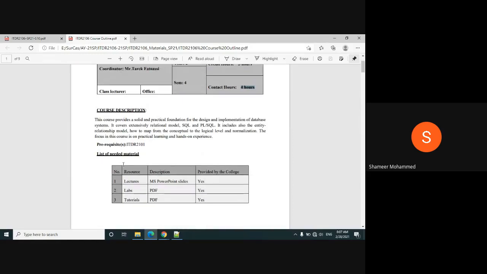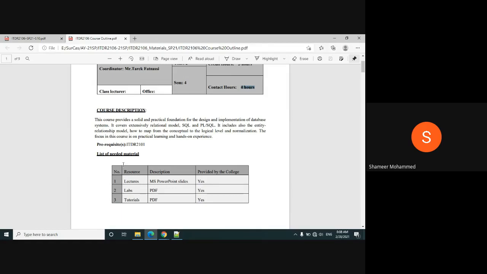So what is the description of this course, Introduction to Database? If you learn this course, you will get the complete knowledge of how to design a database and how to implement the database system. These are the main objectives that you will achieve. In future, if you go to any job and they ask you to design and implement the database, you can use the skills you learn in this subject.